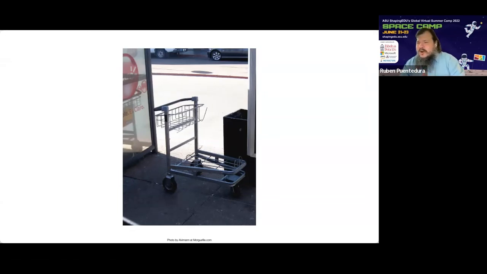The word for luggage cart in Greek is metaphor. Metaphor, to take from one place to another. I didn't realize that. I have to owe that insight to Stephen Jay Gould, who wrote a wonderful essay where he was talking about the power of metaphor, the import of metaphor, and that's what he showed. I don't have a copy of the actual luggage cart he saw.